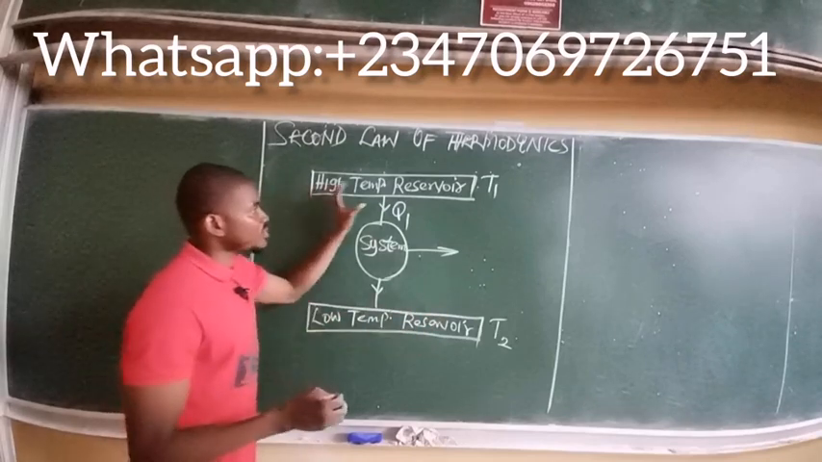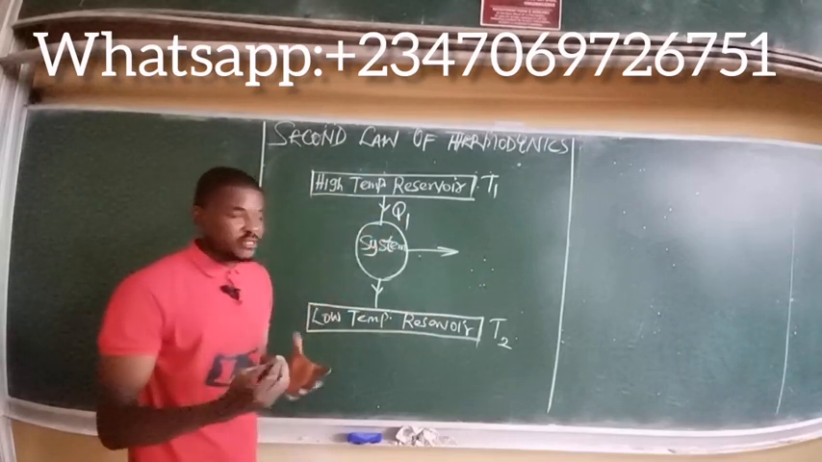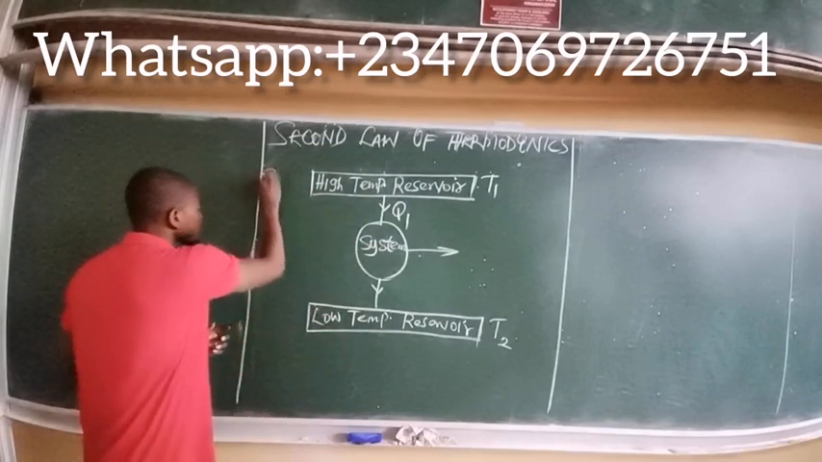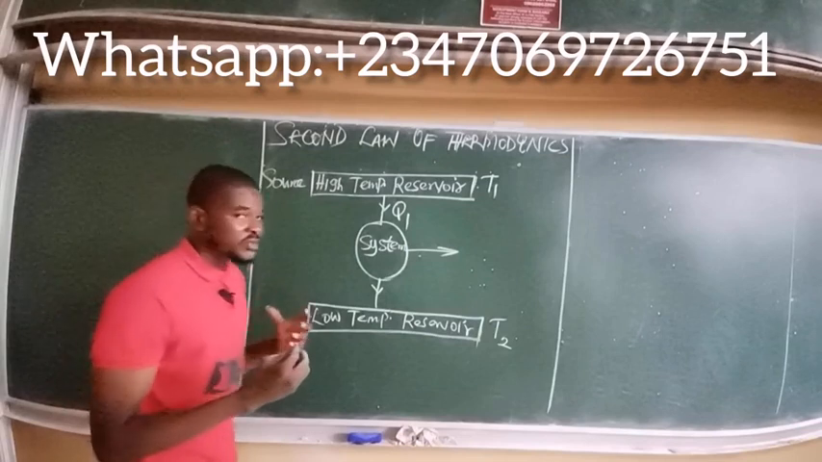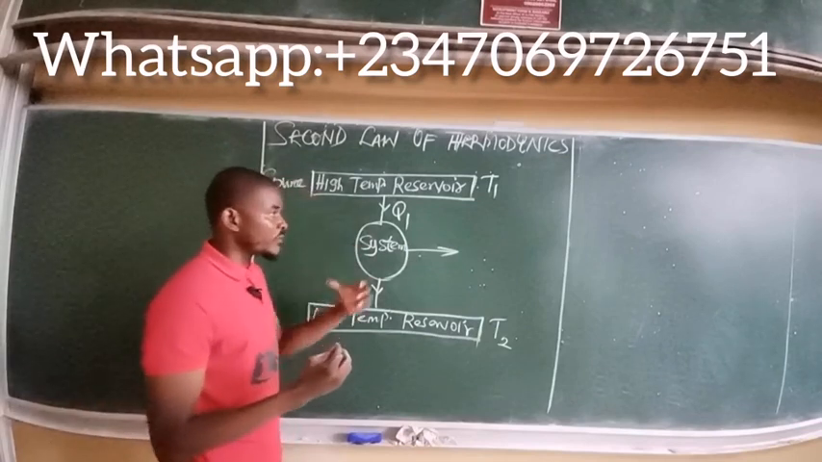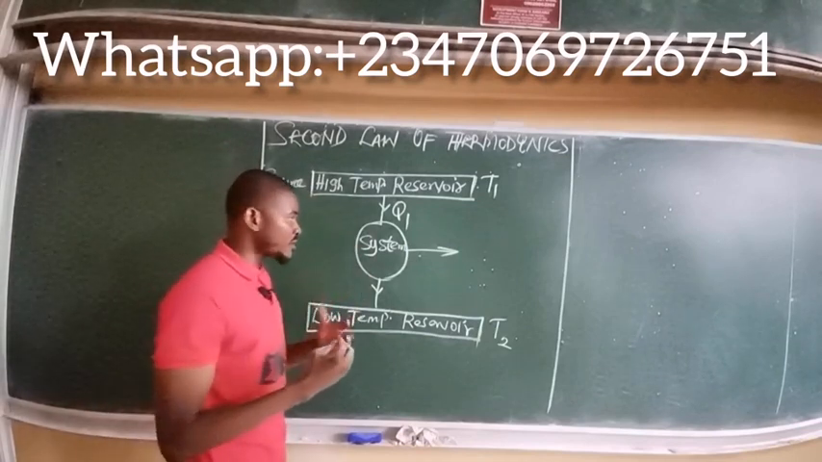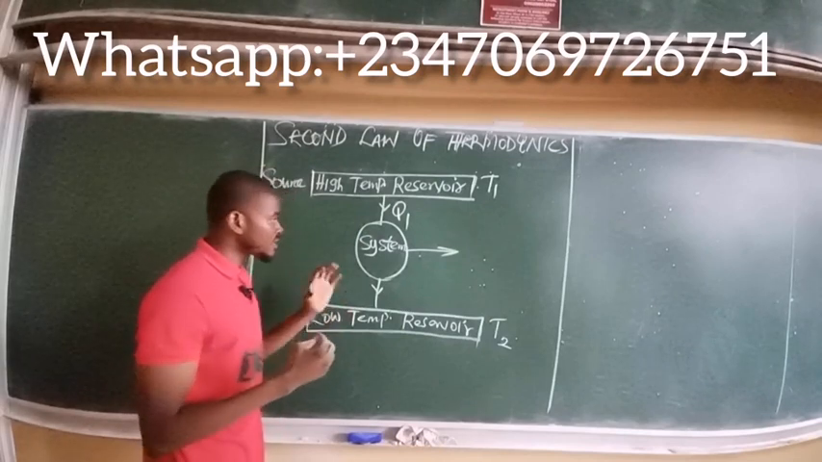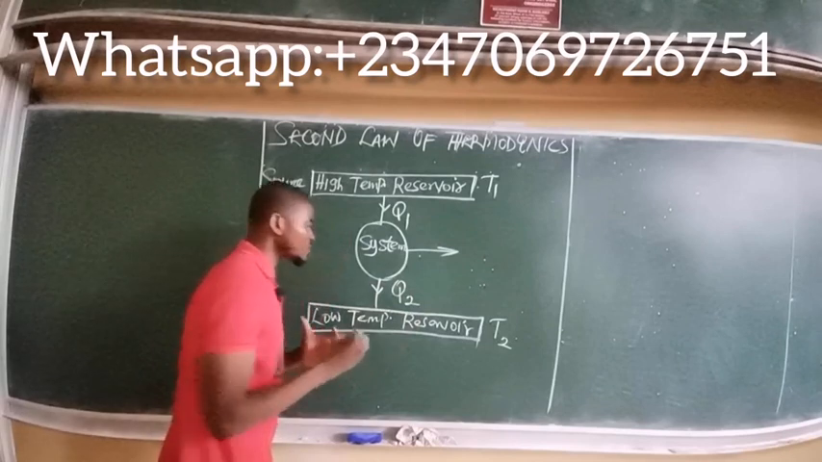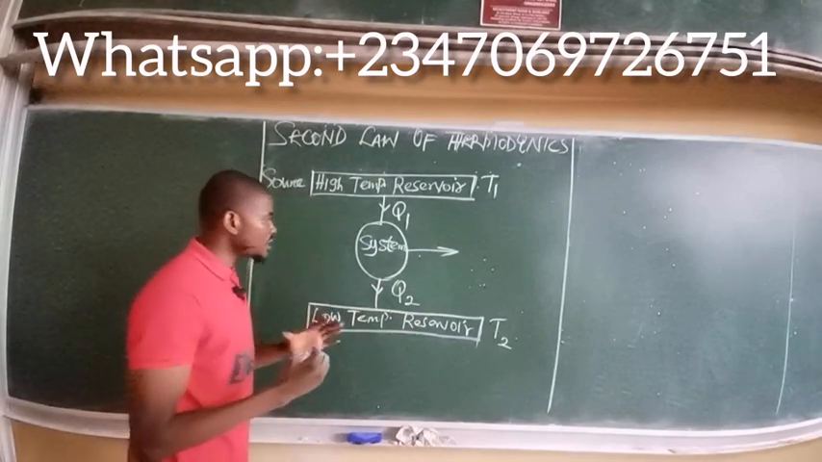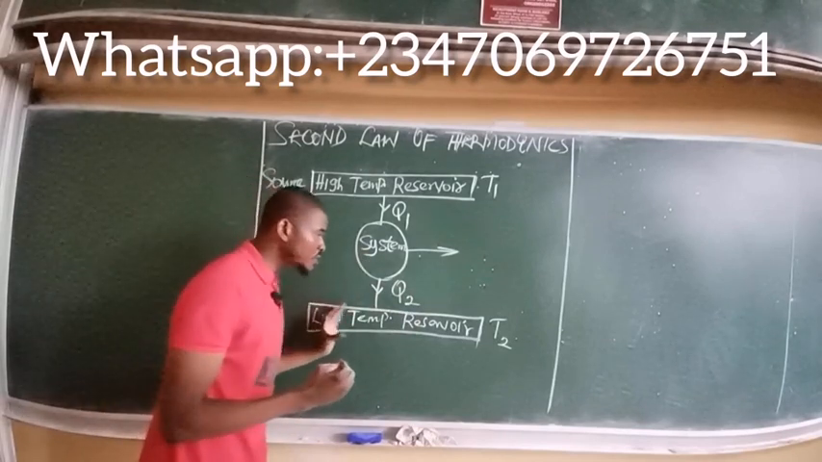So this is a high temperature reservoir which is supplying the heat, so it can be called the source. This can be called the source, a high temperature reservoir. This is where the heat is actually coming from. Now the heat gets into the system. The second law simply says that this system must first of all reject a certain amount of heat. So let's call this Q2, which is the amount of heat this system rejects into a low temperature